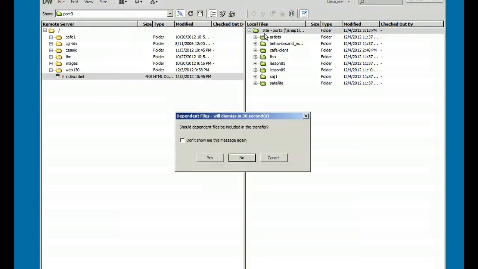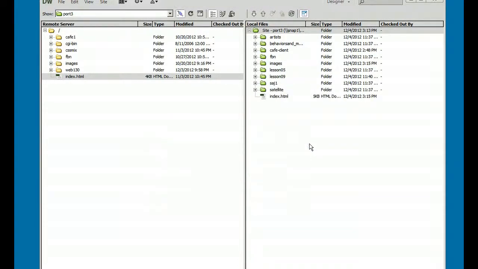Index, copied over, and it says should dependent files be included. I'll say yes, but frankly it's not terribly important. All it means is that the images and such for this little index file were brought along. Okay, so now there's nothing else to do in FTP mode, so I'm going to disconnect, drop back,